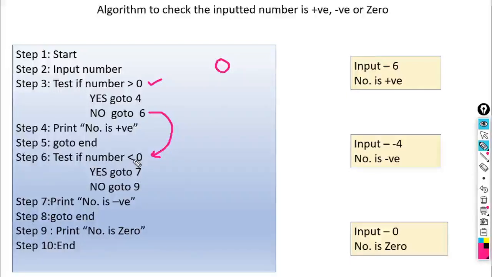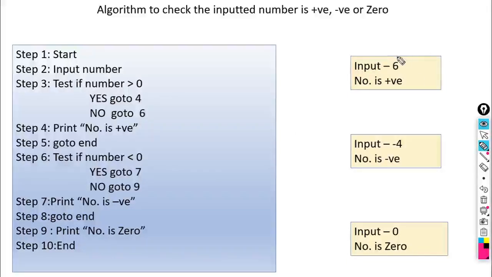So is it true or false? Number is less than 0. It is false. So it will take your control to this one. No, go to 9. So again it will take your control to step number 9 and it prints the output number is 0. Okay. So if we entered number 0, it will give you number is 0 like this. So this is the algorithm to check whether the inputted number is positive, negative or 0.